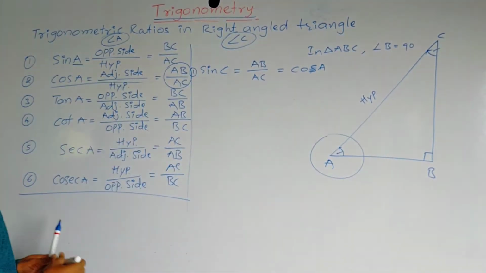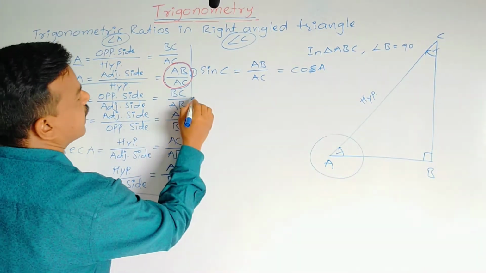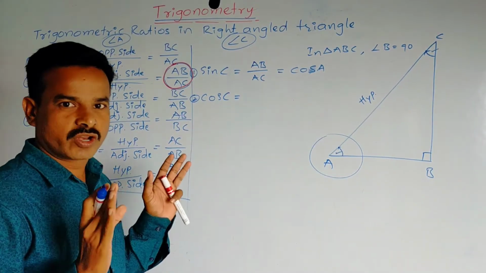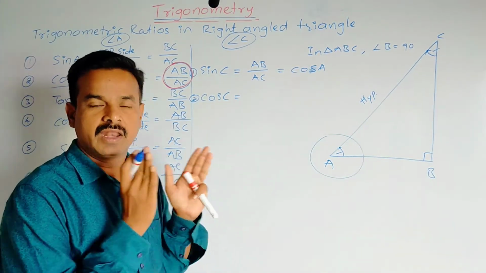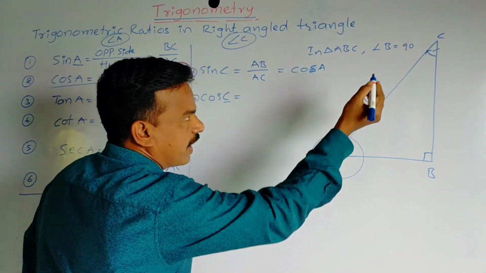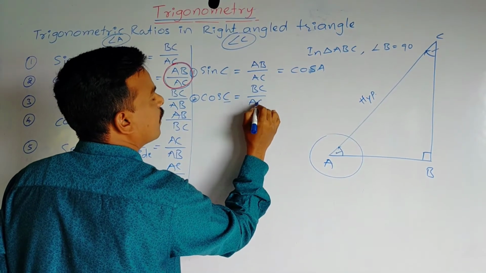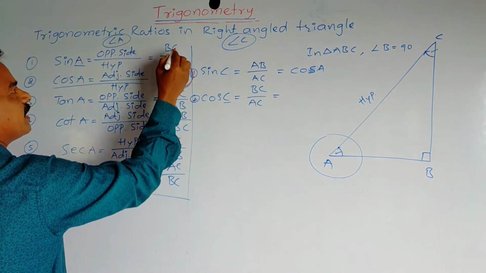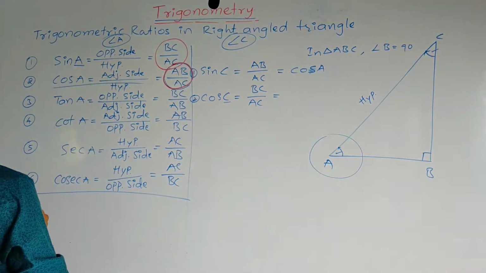Okay. So we rounded up this. Next, the second one, cos C. Cos C is equal to the trigonometric ratio cos: cos of any angle is equal to the adjacent side of the angle divided by the hypotenuse. So what is the adjacent side? The adjacent side of angle C is BC, divided by the hypotenuse, which is AC. Also we can observe that BC by AC is the same in the same triangle. That is why it is equal to sin A.